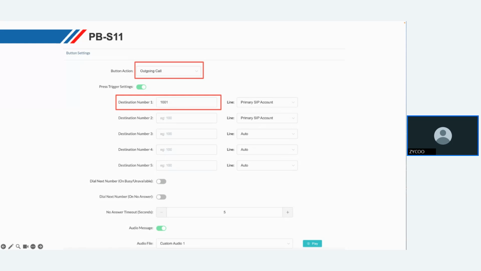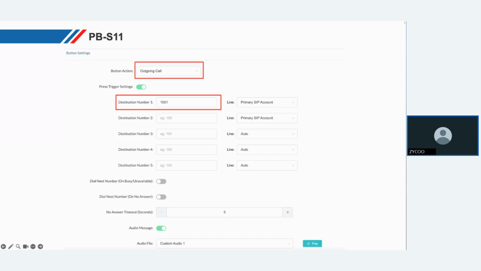The operators can configure an audio message that is played when the call is triggered, and they can also configure multiple call destinations. So if one destination is unavailable or busy, the system will automatically try the next one to make sure your call will be